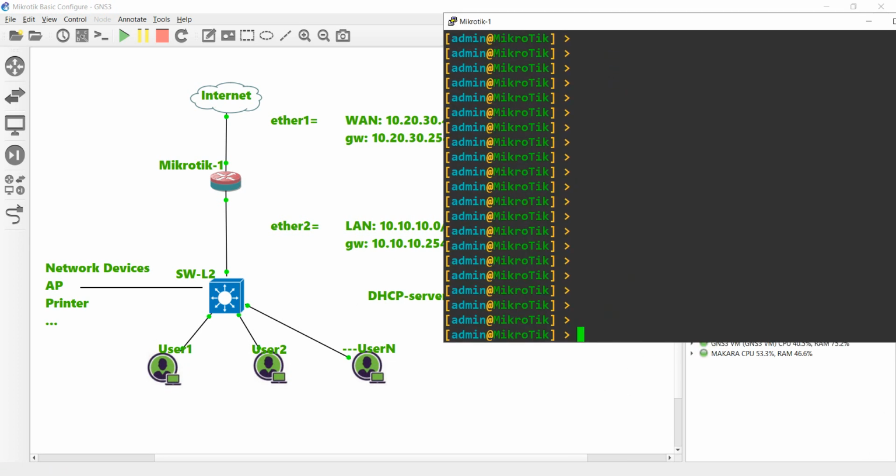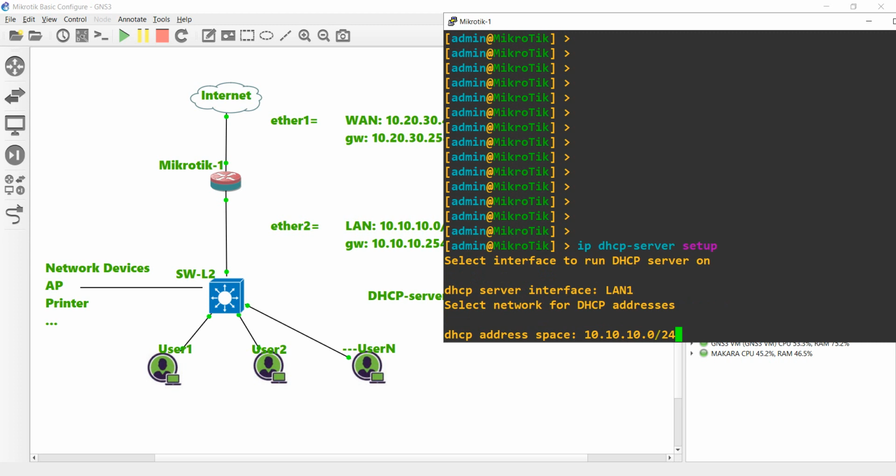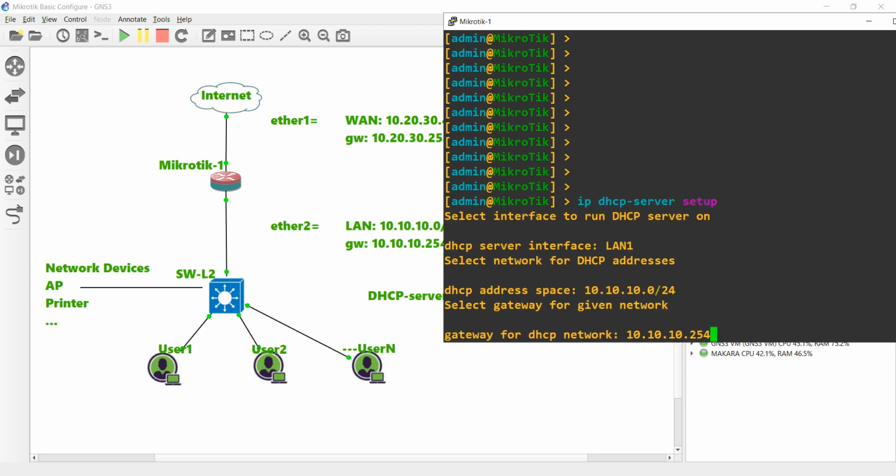Okay, so for the command line, we will go to IP DHCP-server setup. Just enter, and we will configure DHCP on LAN 1, and this is the DHCP address space, network. Okay, for the gateway,